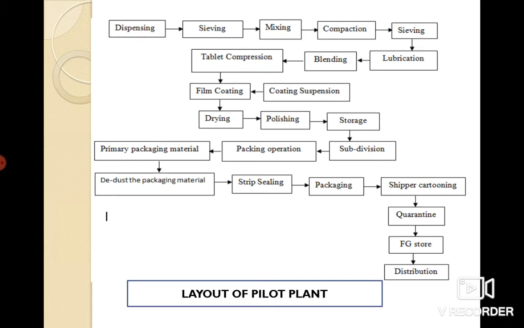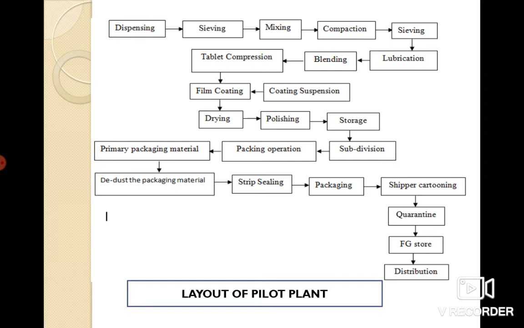After the punching section, there is a coating section. The coating section is really very important, and it should be well separated from the tablet punching section. Then there is a need for a quality control section. With the quality control section, there is a simultaneous quarantine area for in-process quarantine.